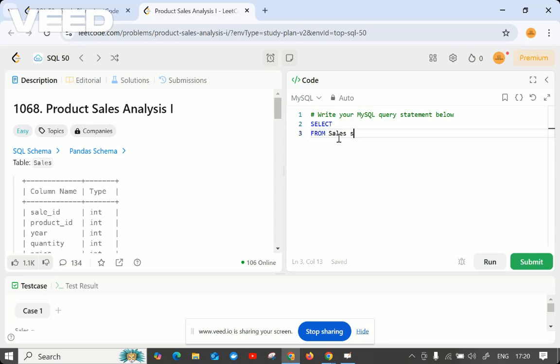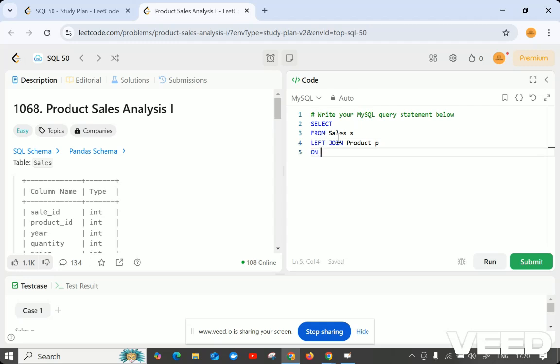No need of as every time, so you can directly give s here. We have to get the data for every sale, so for that we are using left join. What table are we joining? We are joining the product table, and for this also I'm using the alias p.